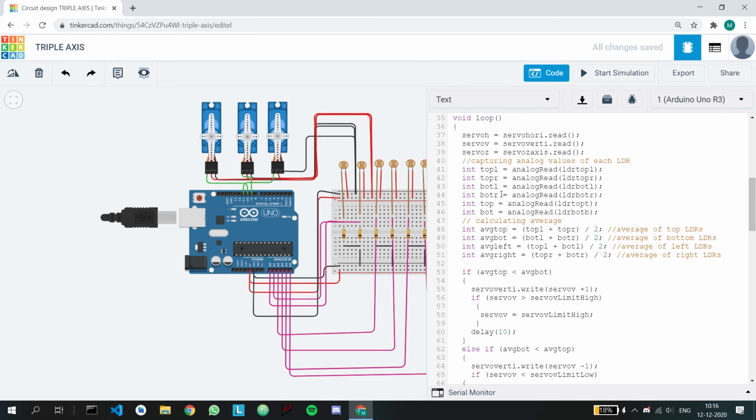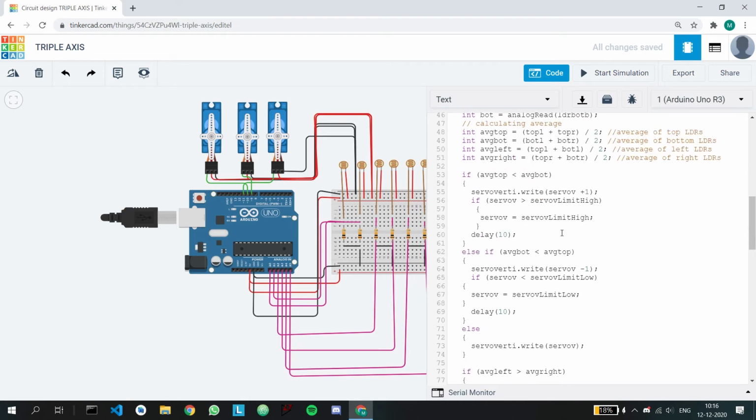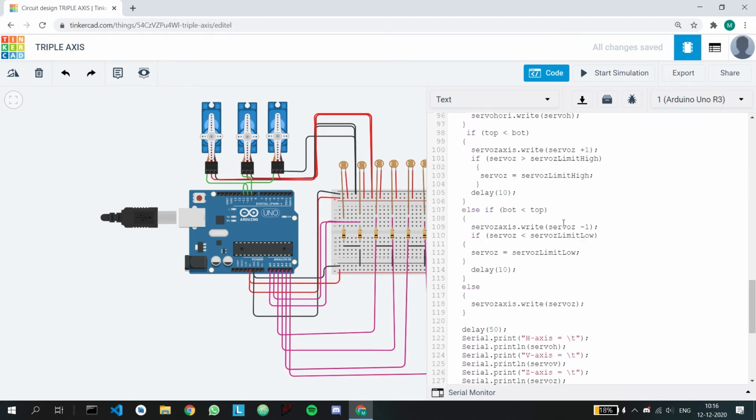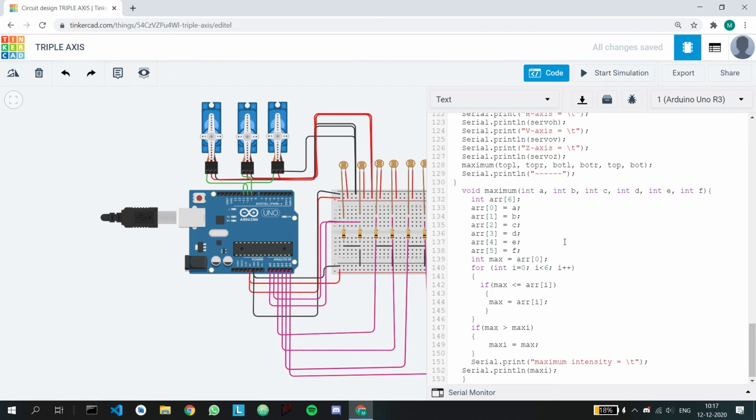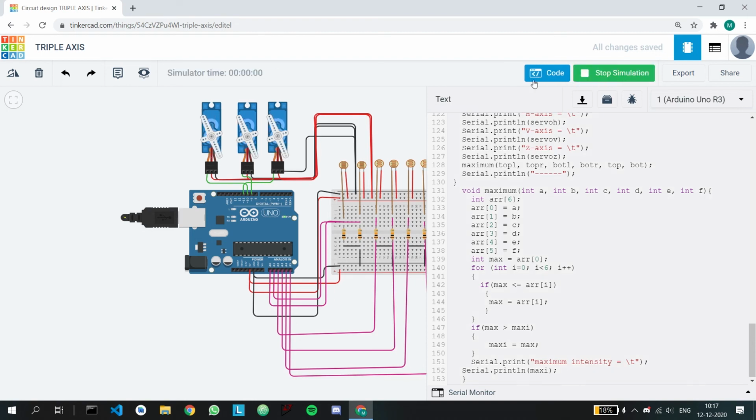In loop part, we are reading the values of servo motors and LDRs. Here we are calculating the values of LDRs and rotating the servo motor according to the condition. Here we are printing the values of servo motors. In this maximum function, we are finding the maximum intensity of LDR. Coming to simulation part,